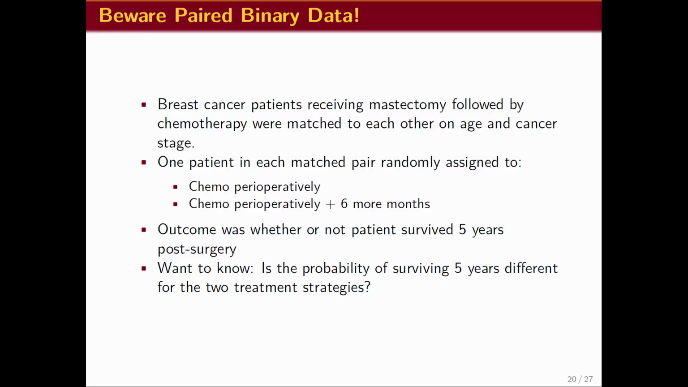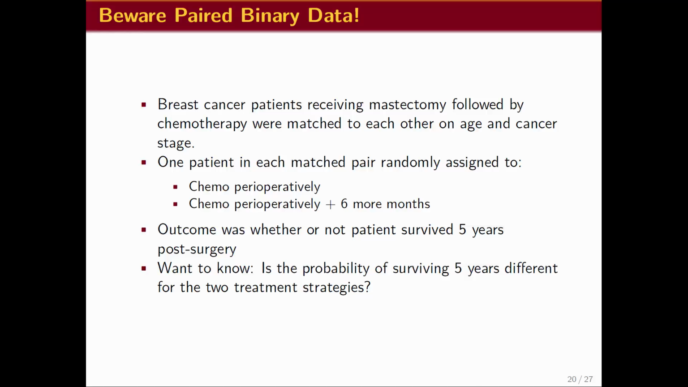So suppose we're looking at breast cancer patients that received mastectomy followed by chemotherapy, and the design was a randomized design, but done in a special way. Instead of just saying we're going to recruit a bunch of people and randomize half of them to one intervention, which would be chemo perioperatively, around the time that they had the operation, and the other to chemo perioperatively plus another 6 months of chemotherapy,